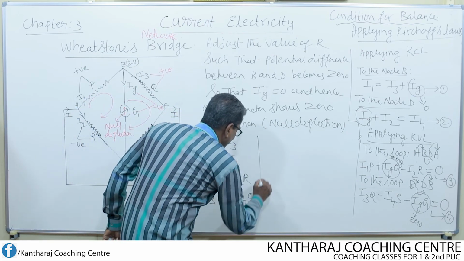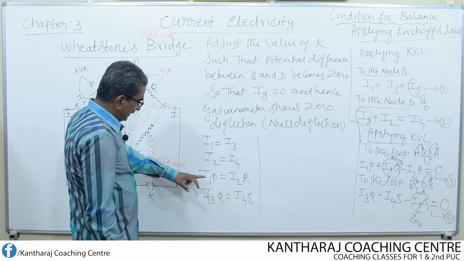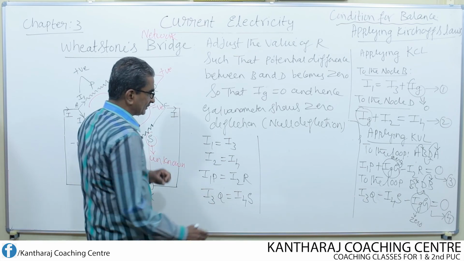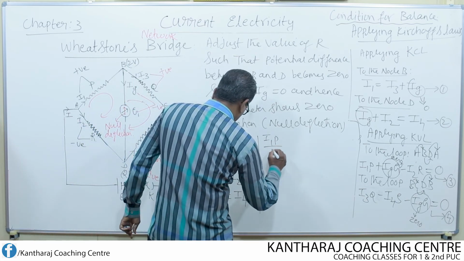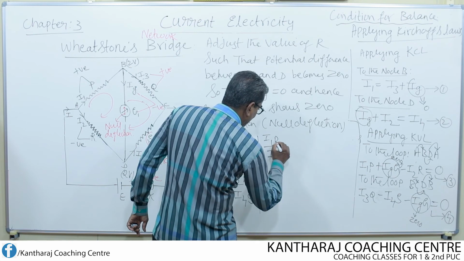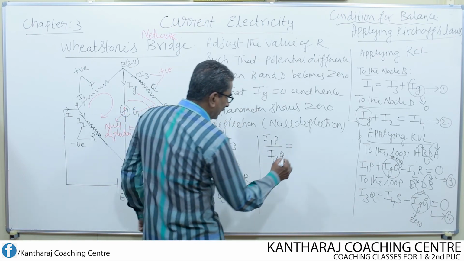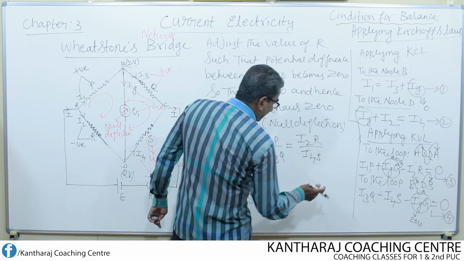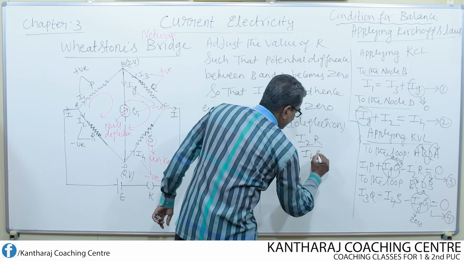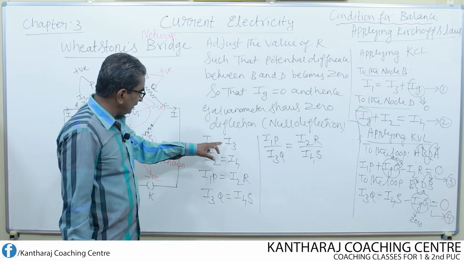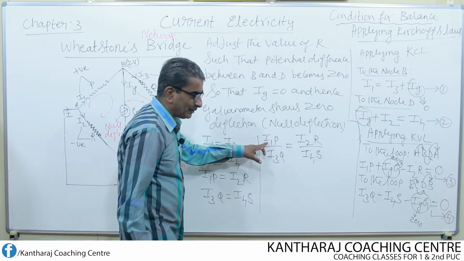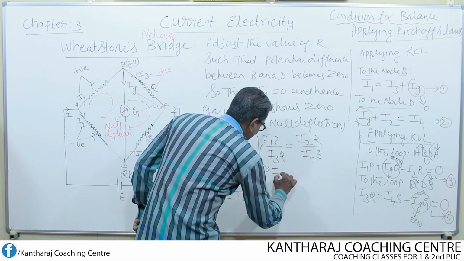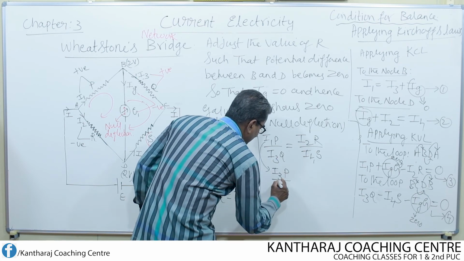Next, look here, I divide one by the other. That means this entire equation I1P is divided by this, so I1P divided by I3Q equal to I2R divided by I4S. Again, I make one substitution. What is the substitution? We know that I1 is equal to I3. So for I1, I substitute I3 for this, P I retain as it is.